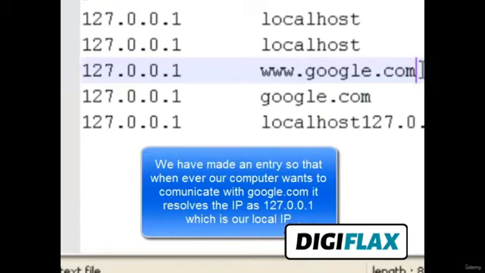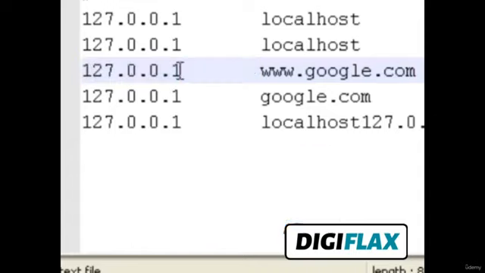We have inserted one entry where the domain name is google.com with www or without www, and its IP was 127.0.0.1, which is our local IP. So whenever our computer tries to go to google.com, it resolves the physical address as this address, and so the site is being served.